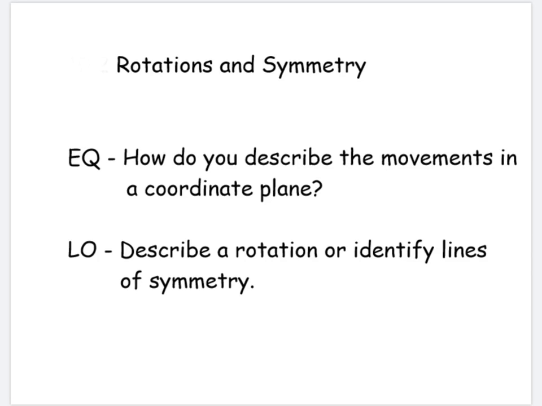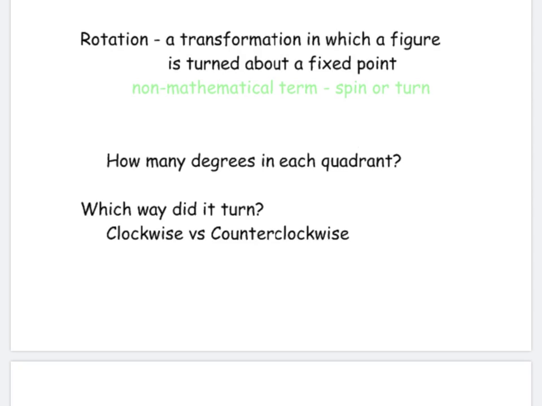This lesson is going to look at another type of transformation, which is called a rotation. A rotation is the transformation in which a figure is turned about a fixed point. So the non-mathematical name for a rotation is a spin or a turn. In terms of rotations, they're usually described in degrees. So if we look at your